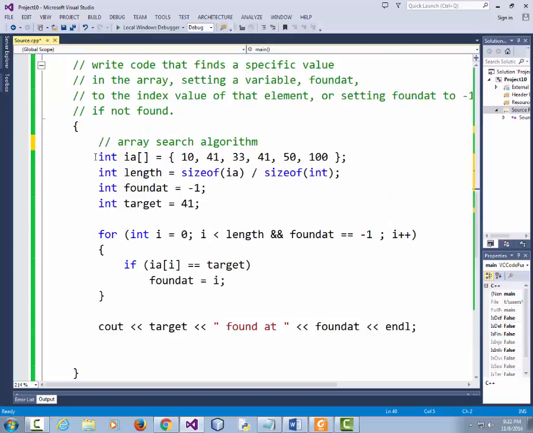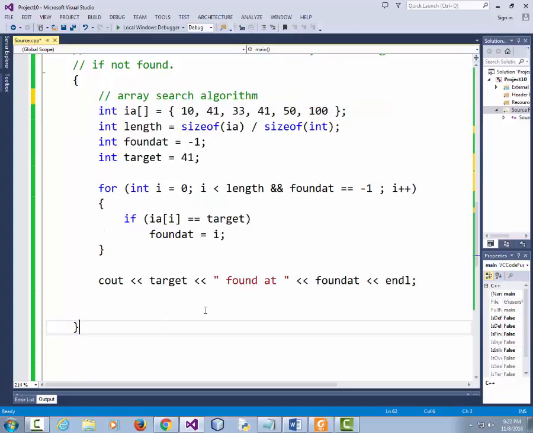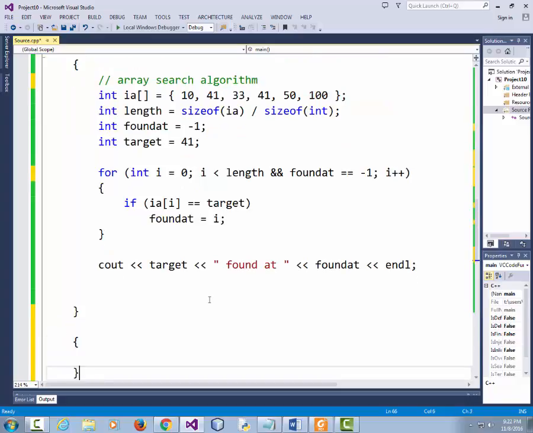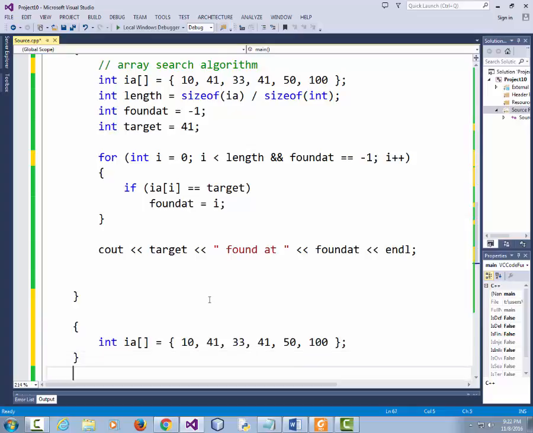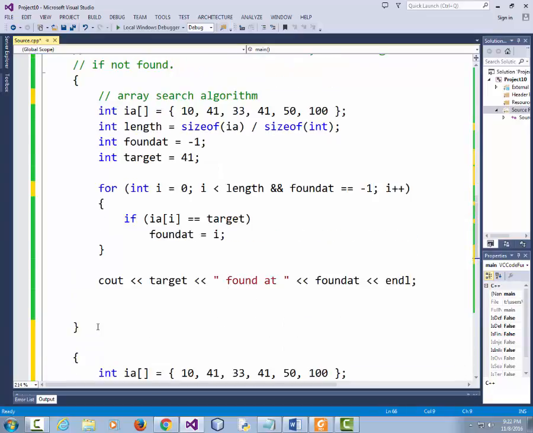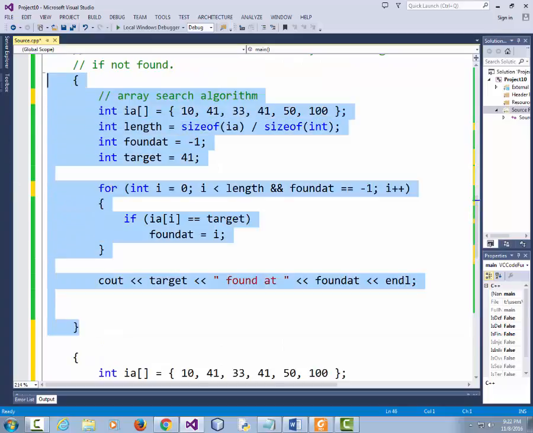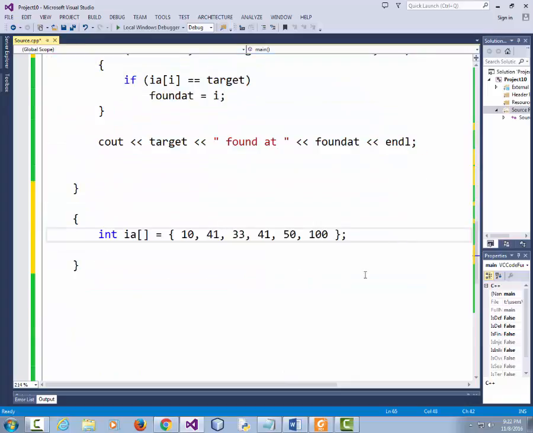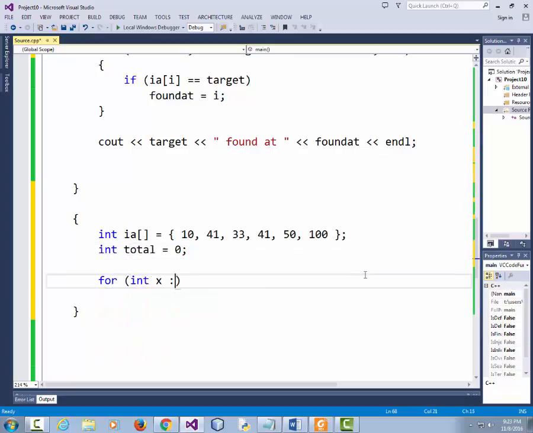Go ahead and copy this array one more time. So let's tack on one more pair of curly braces, one more array declaration. And again, why am I making you do that each time? Just because I want each block of code to be complete unto itself so that you can copy and paste it into another program. Now let's declare a total, set it equal to 0. Now for every x in the array, this will look familiar to the Python users,